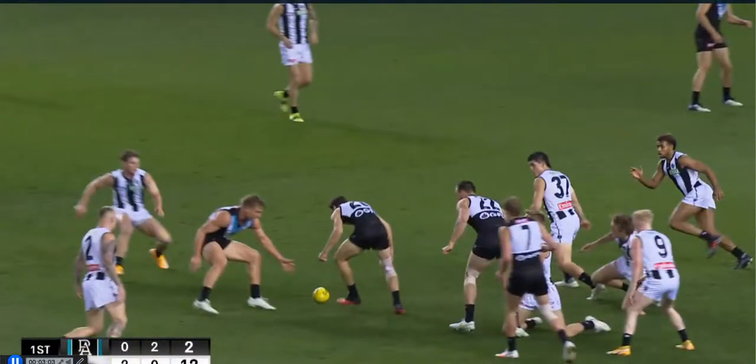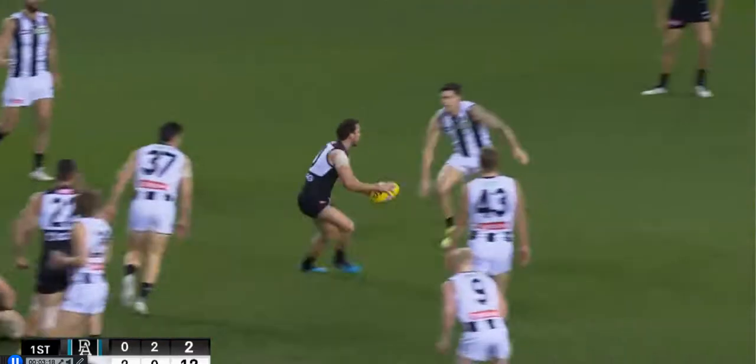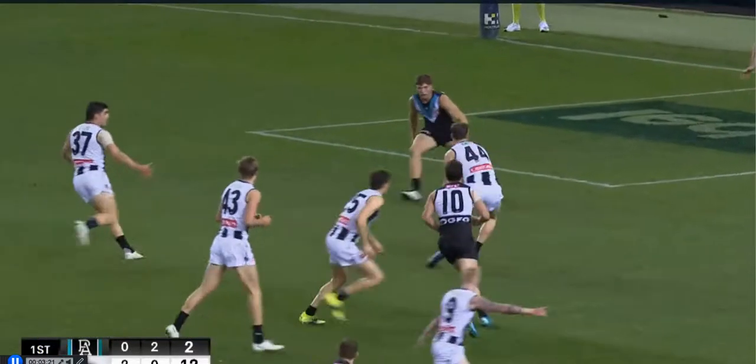Port's done well here. Charlie Dixon brings the ball to ground, and we talk about front and center crumbing. Port's done really well to get numbers in front of the footy and to win that ball off of the ground that came off of Charlie Dixon. Works it out here, good handball, unlucky here that he doesn't get the finish, but now Collingwood's won the ball